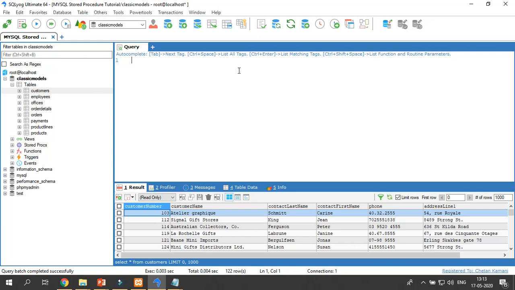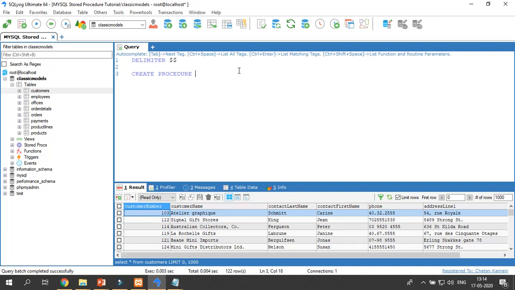As I have told you earlier, before writing the stored procedure, you have to change the delimiter to $$, then specify the create keyword, then procedure. Do not forget to write this keyword because most students make a mistake over here. They just write create and forget procedure. Instead you should remember create procedure.